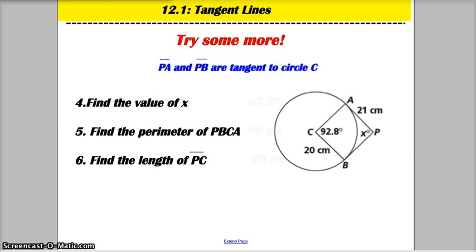The next page is telling you that segment PA and segment PB are tangent to circle C. Asking you to find the value of x, the perimeter of the quadrilateral, and the length of segment PC. Pause your video, try those problems. Because PA and PB are tangent to the circle, at the point of tangency, I know that angle A and angle B are 90 degrees. Because the angle measure of a quadrilateral is 360, if I add all those angles together and subtract from 360, I'm left with